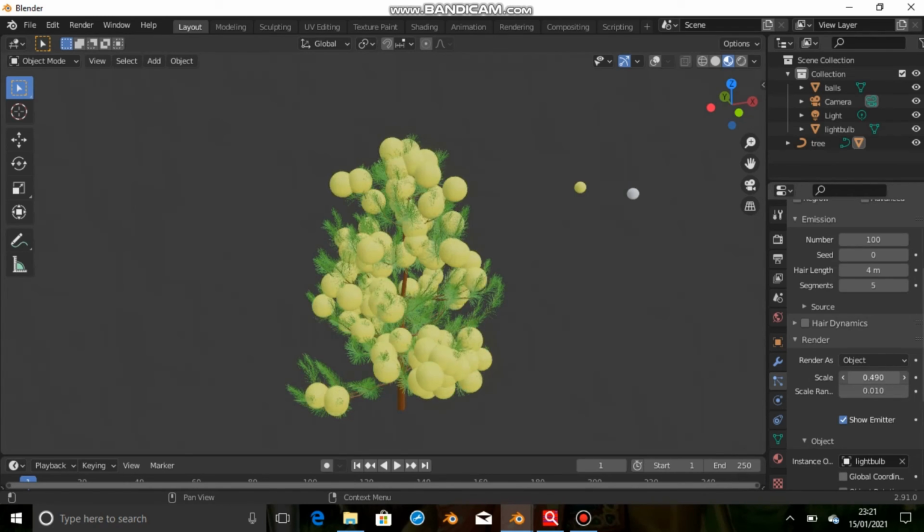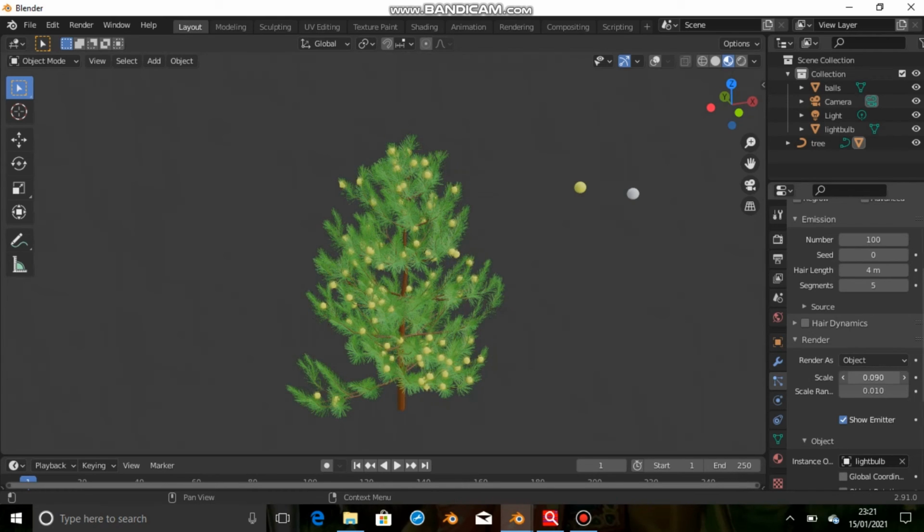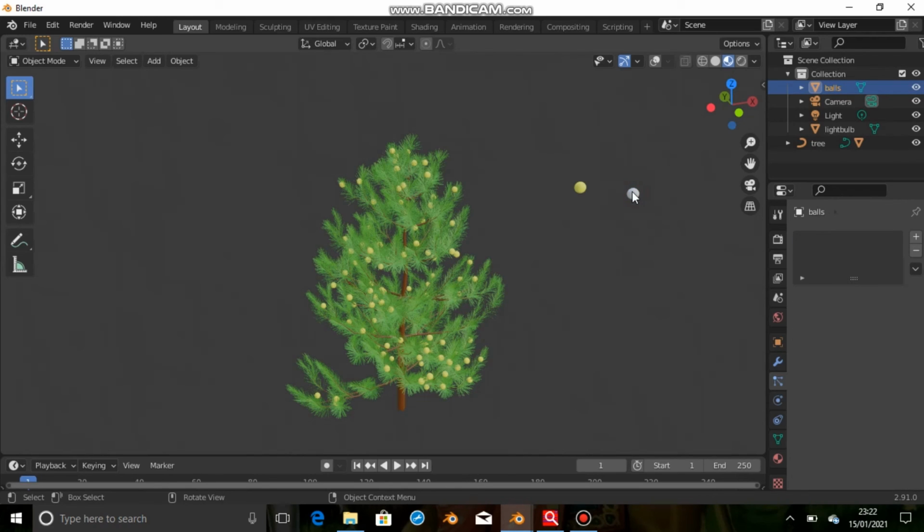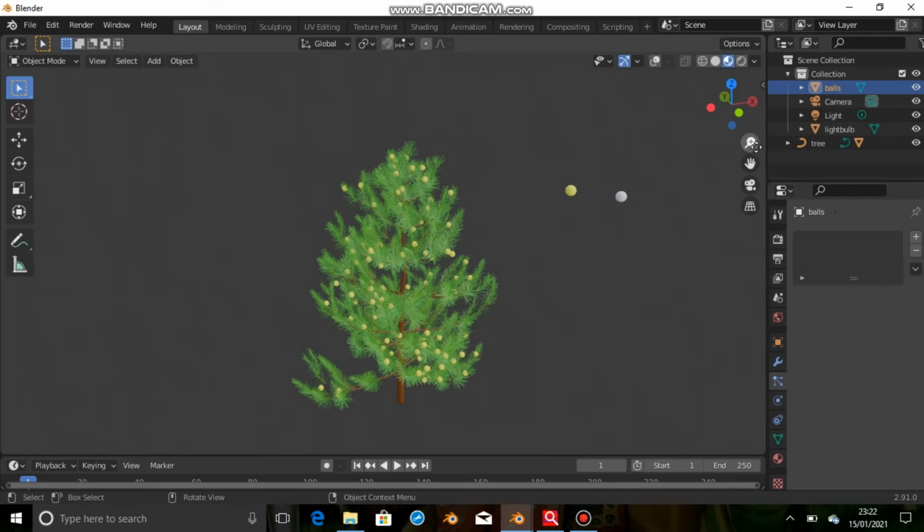Now it's time to give our glass bubble, or balls. Just select my balls. Okay. Come to the properties, material properties. In this, now enable this overlay so that you will know that your object has been selected.